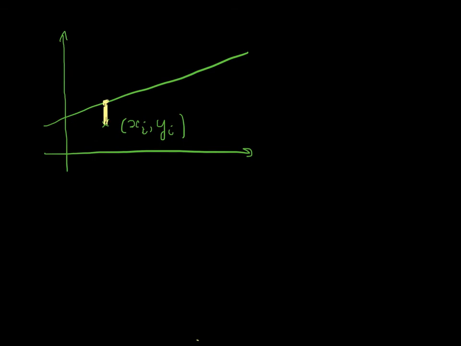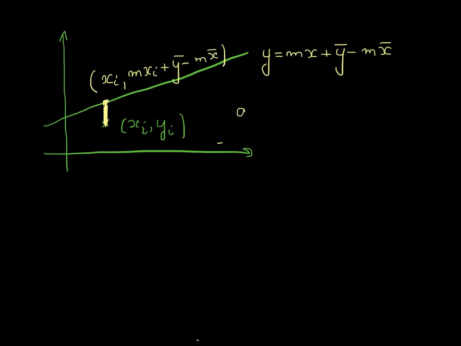So let's take a general point, x, y. The vertical distance up to the line, it's what we are looking for. This point is going to have the coordinates xi, and because it is on the line, the y coordinate will be, let us write the equation of the line here. So the y coordinate is going to be mxi plus y bar minus mx bar. So the square of the distance that we are looking for is going to be